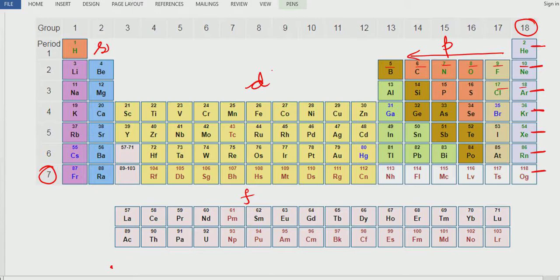Similarly, if you add plus 1, 2 plus 1 gives 3, lithium, 3 and 4 together. Add plus 1, 11 and 12, okay? S block element. Plus 1, 19 and 20, okay? Then 36 plus 1, 37, 38. Then we have 54 plus 1, so 55, 56. Then 86 plus 1, 87, 88. So if you add plus 1 and one more plus 1, you'll get an S block element.